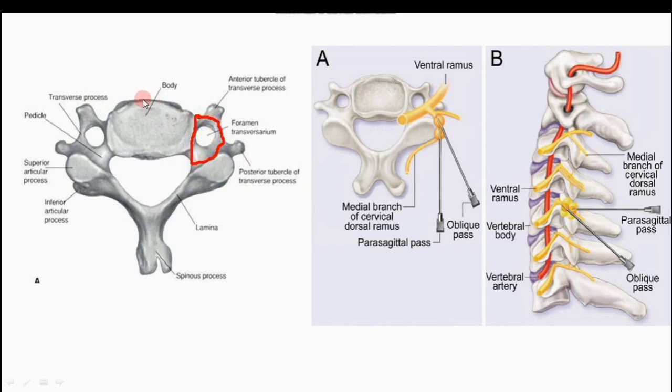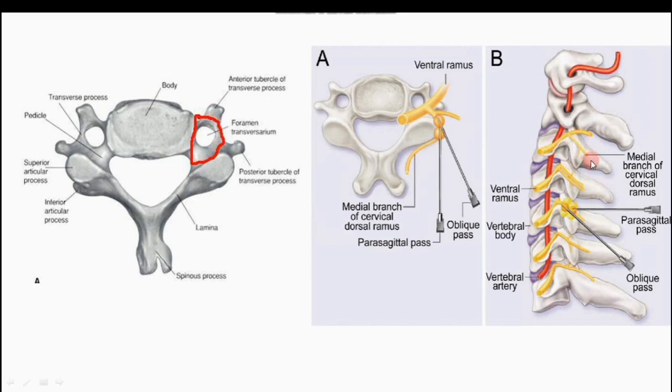This is the body of the vertebra, and here this is the ventral rami. You can see how this ventral rami passes over this vertebra from this transverse process, just over a transverse process. And we can see in this image how this is the ventral rami of the cervical spinal nerve,